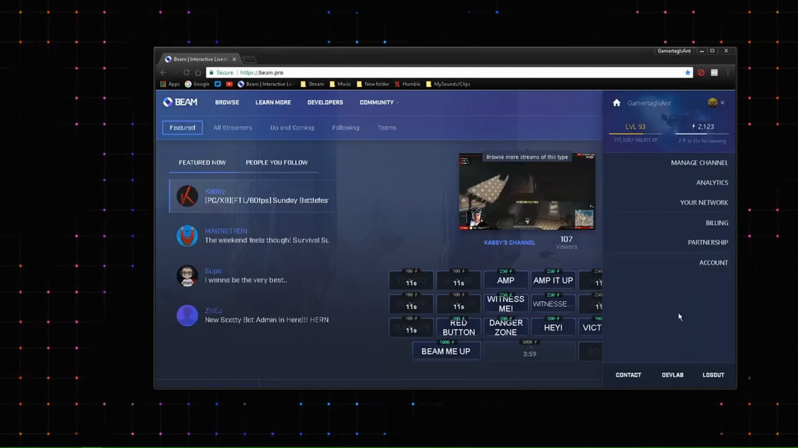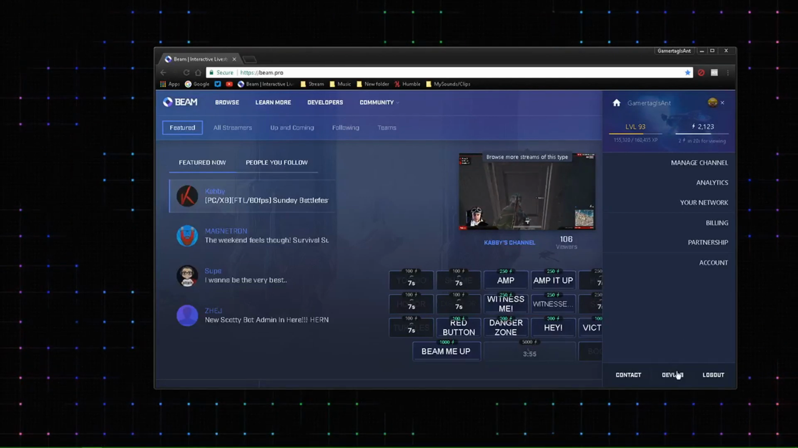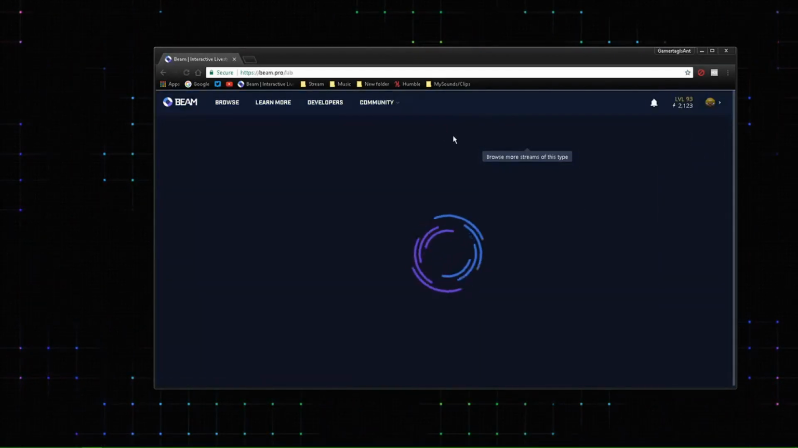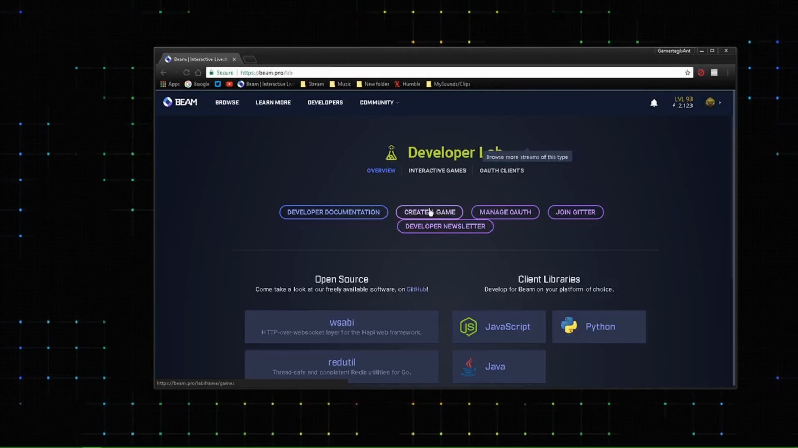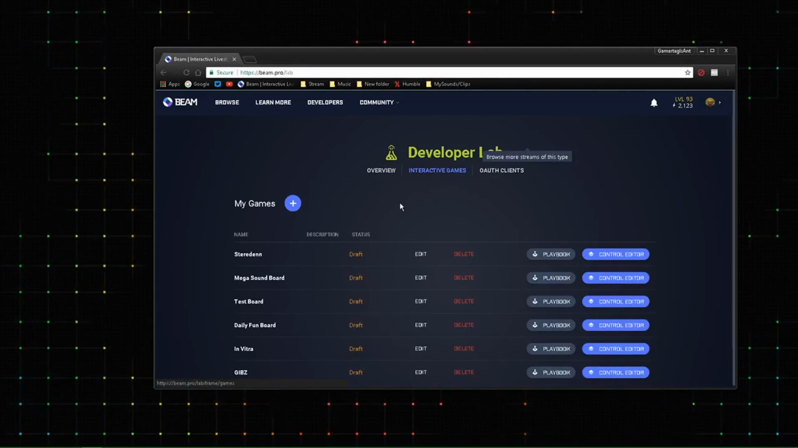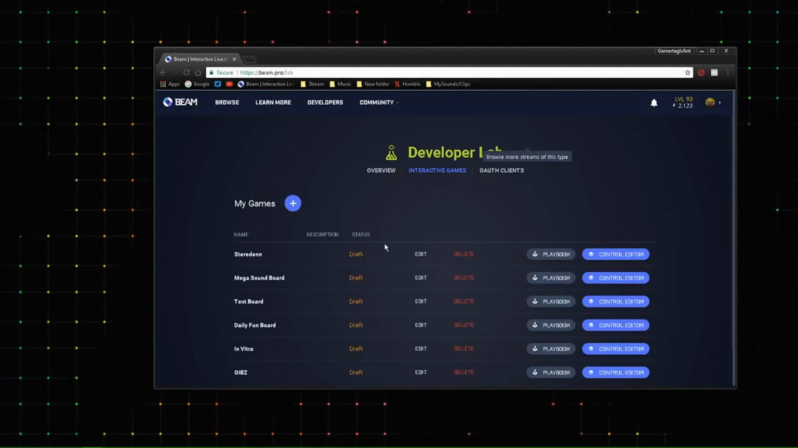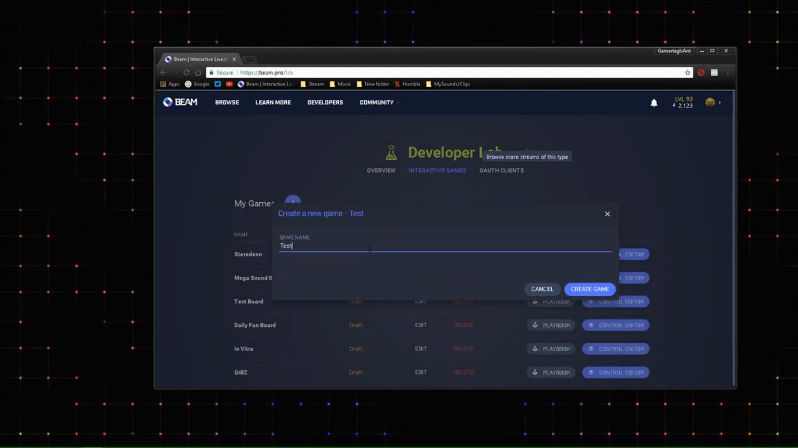But here we go. We're going to go to Beam and then click on our little name up there. Then we're going to go to DevLab down at the bottom, as you've seen me do, and then go to create a game. Here you're going to be empty. You're not going to have anything in there. So you're going to want to hit add new game, do the game name,